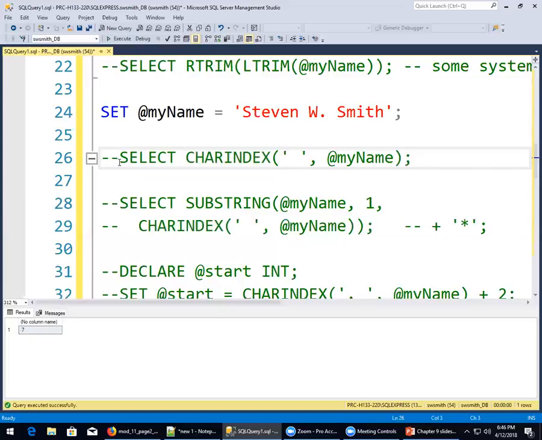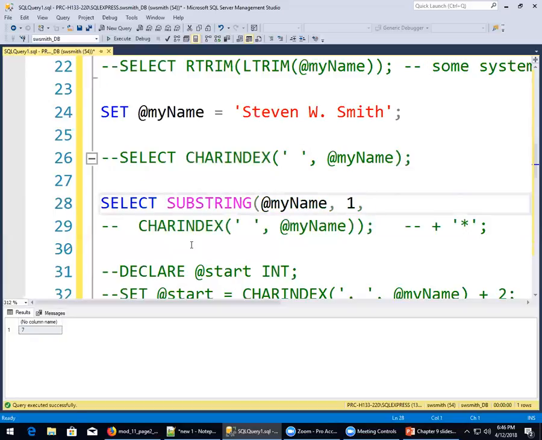So, what if I said select substring, my name start at 1, find the space. So here we are again, you're going to see this composition of functions happening over and over again. The substring, remember the substring, that's the string I'm searching. That's where I'm starting, remember up above. And this,